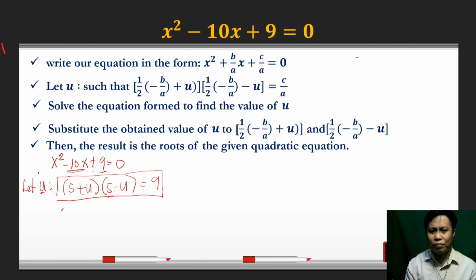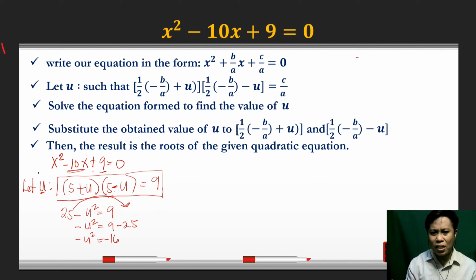So 25 minus, kopyahin yung sign. Dito lang tayo nag-focus sa may minus sign. Then square ng u, u squared equals 9. Okay? Then we solve. Negative u squared equals 9. Transpose natin si positive 25 to the right side. So it will become negative 25. So negative u squared equals 9 minus 25 is equal to